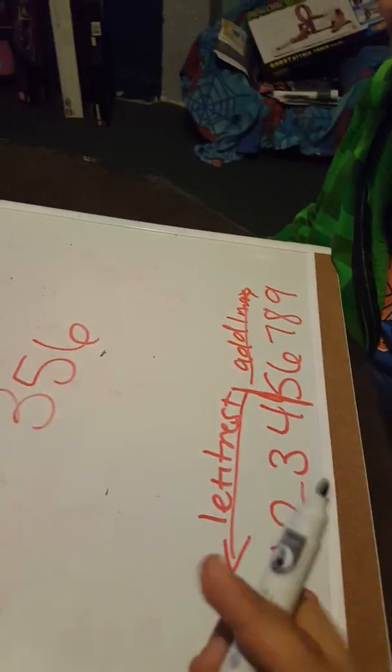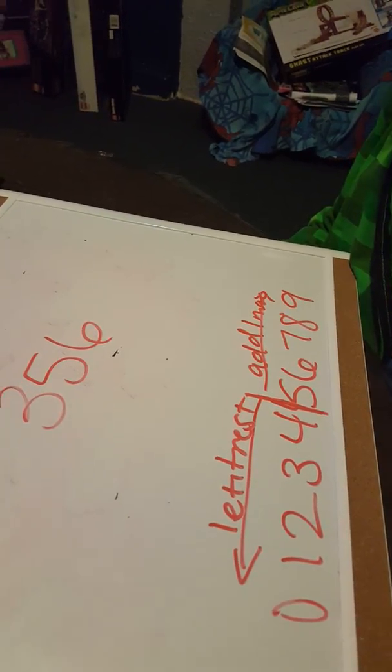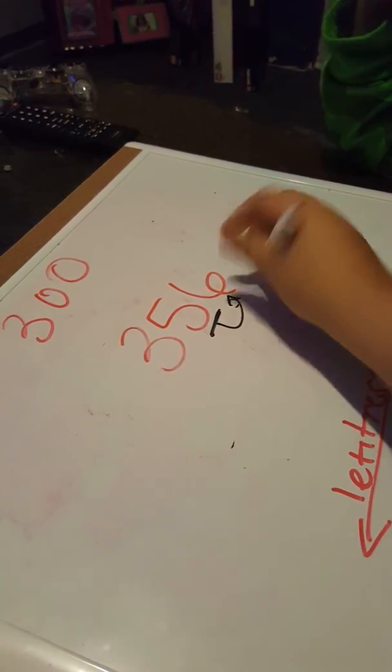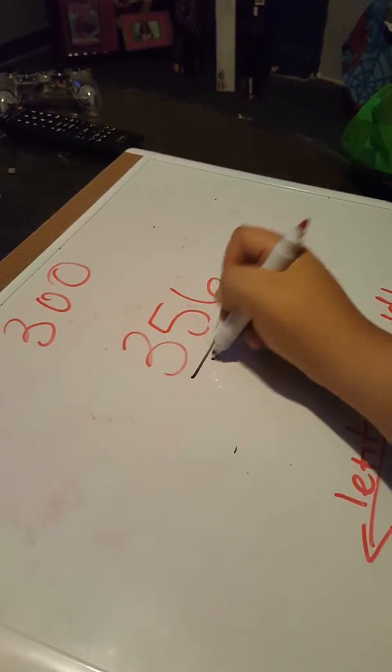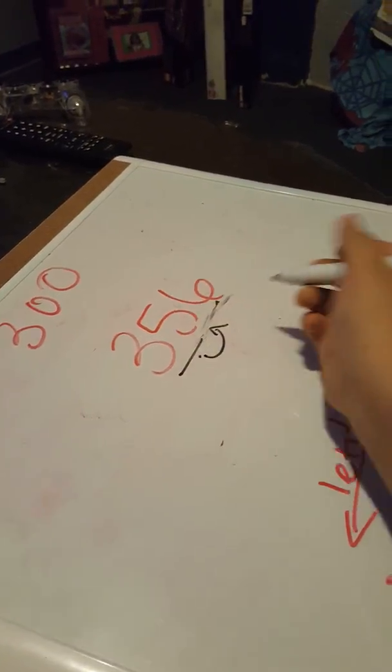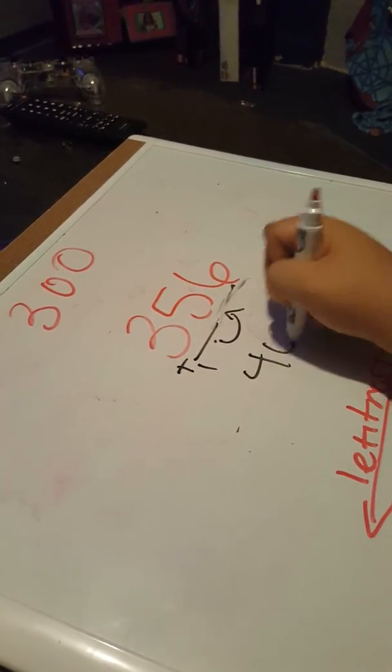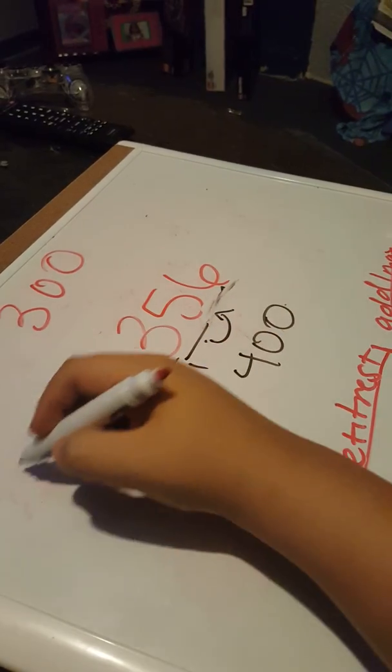356? Can that round to 300? No, it rounds to 400. It rounds to 400. Why does it round to 400? Because this is 5 or more. Because it's 5 or more, right? So if it's 5 or more, it's going to add one more to which one? To the 3, right? So this one's going to round to 400. Okay, so what if it's